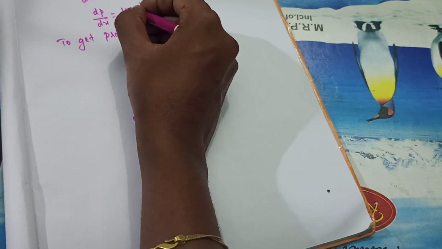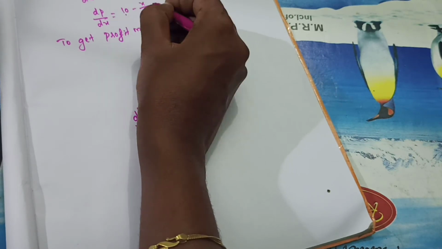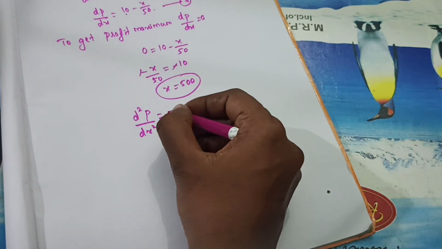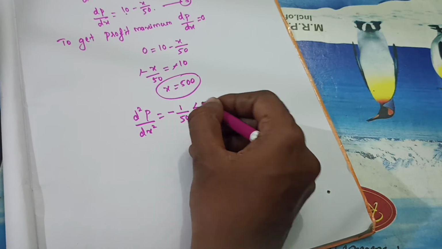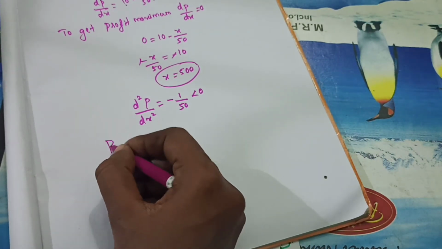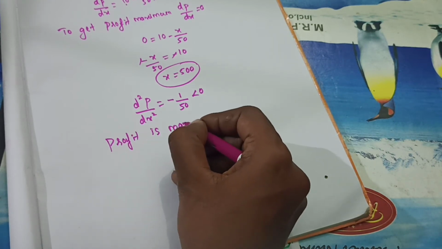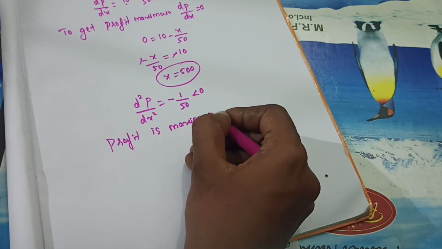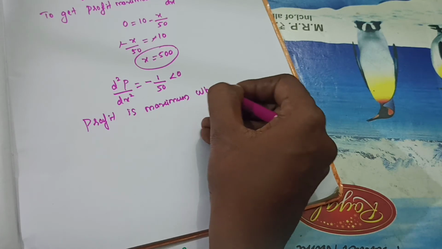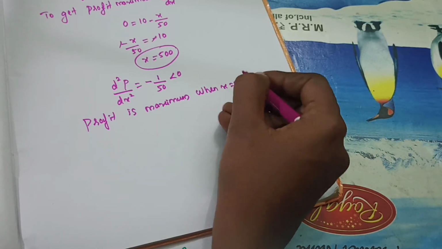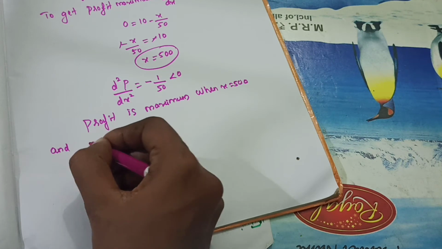Again if we differentiate, what will happen? So this 10 will become 0. This for the differentiation you will get as minus 1 by 50. This is less than 0, correct? So profit will be maximum when x equal to 500 and